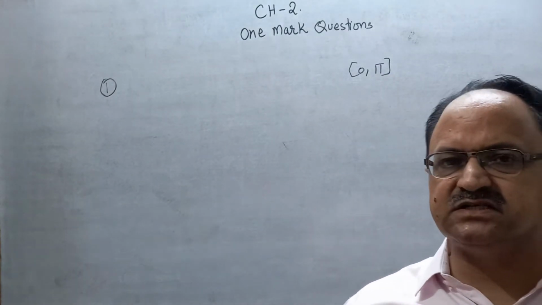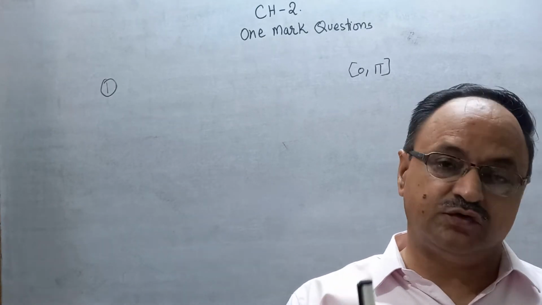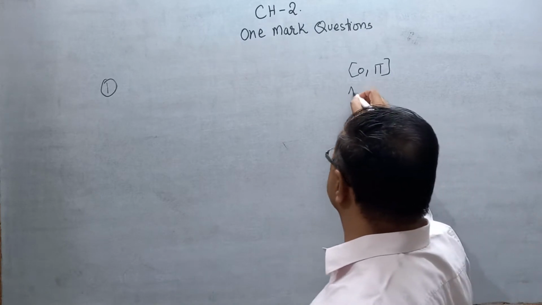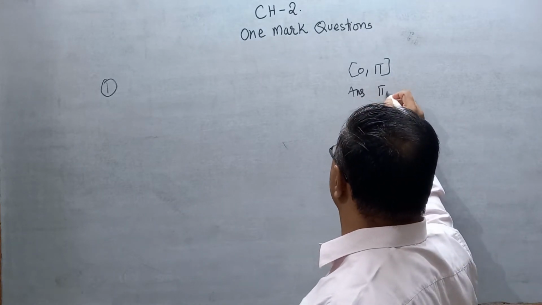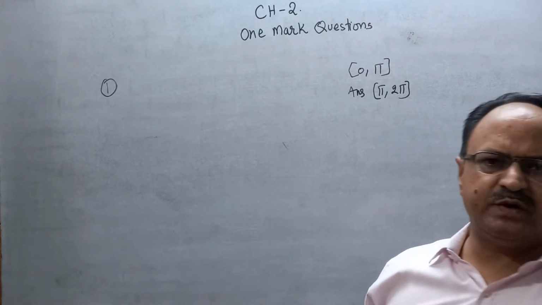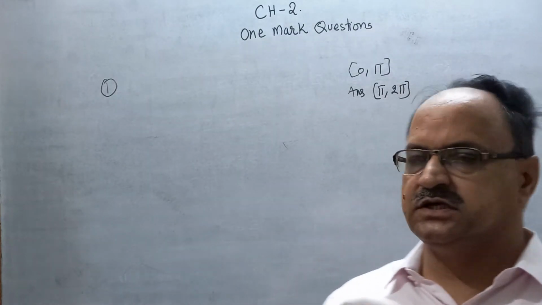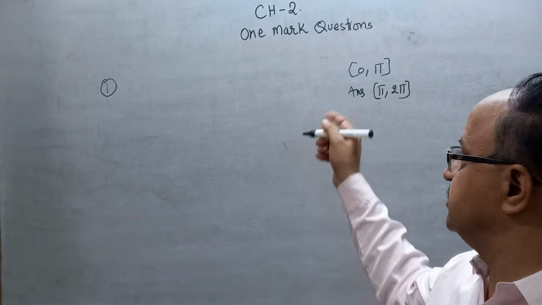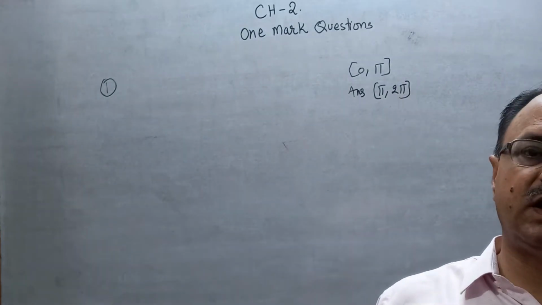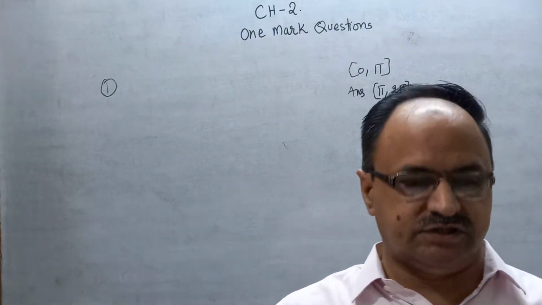Now, can you find the range of one other branch than this? The answer of this question is pi to 2 pi. You can write pi to 2 pi, 2 pi to 3 pi. And on this side you can write minus pi to 0. So you can write one other branch of the principal value branch.